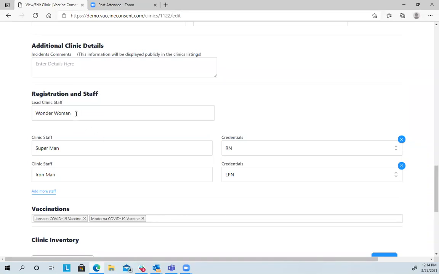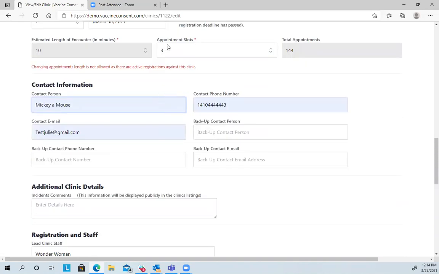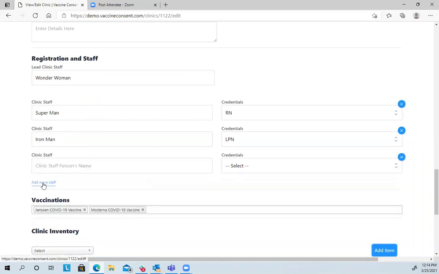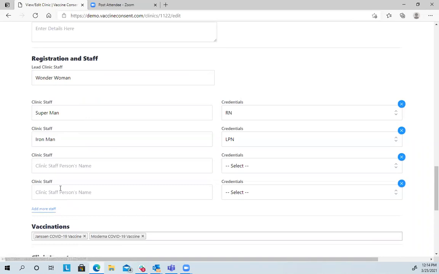Then it's really important that we have staff put in. And if we know we're going to have 3 appointment slots and we want to have 3 vaccinators, we go ahead down here and put in our staff. These are our vaccinators, and we put in the credentials. To add more, we have a button here. You can add as many as you want. If you want somebody who's just going to come in for lunch, go ahead and put them in. Once these are in and we start vaccinating people in clinic, we'll have a way to record who actually vaccinated them. So this is really important for us to go ahead and put in this information so that we're ready to go for clinic.